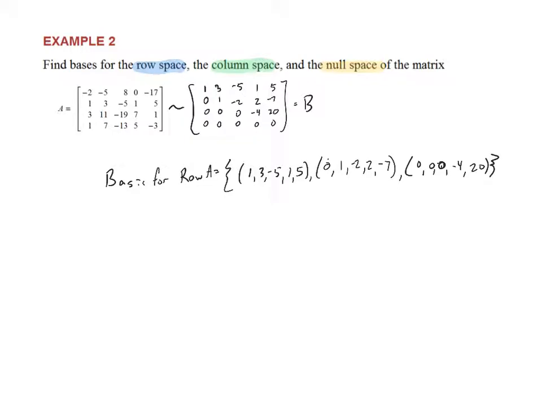That set, those three vectors, are a basis for the row space. I can do linear combinations of those vectors and produce any row in my original matrix A. Okay, and notice I used the echelon rows. Now, when I go and write down my basis for the column space of A,